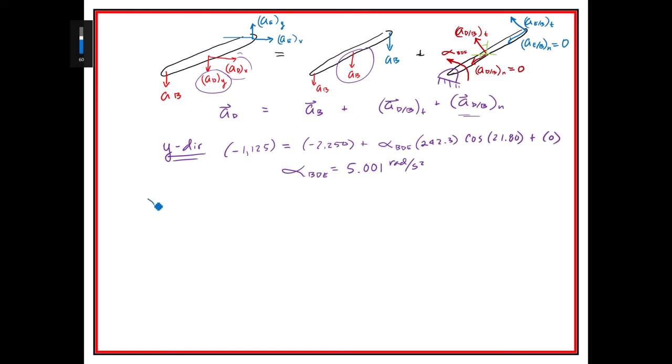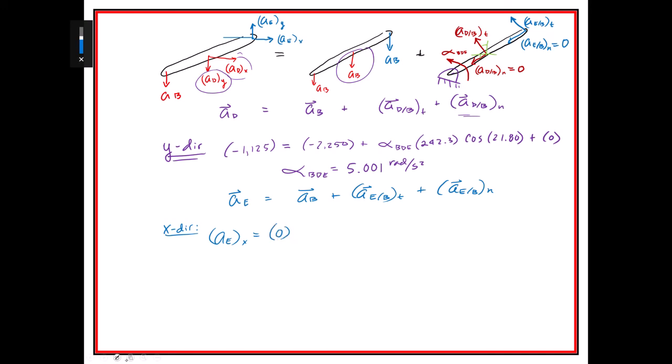So I take a look at the x direction. Well, let me write out the equation that we're basing everything on here up above, right? So that's going to be AE as a vector is equal to AB plus AE with respect to B, tangential, plus AE with respect to B in the normal. And then I go for the x direction first, and I find AE x, right? So I'm just looking at there, is going to be equal to AB in the x direction is going to be 0, and then